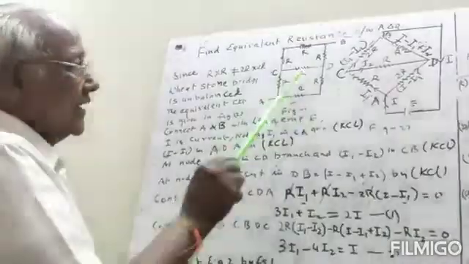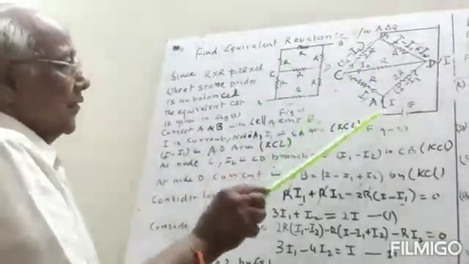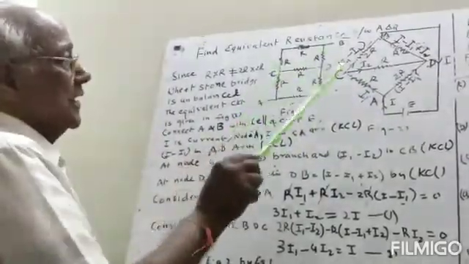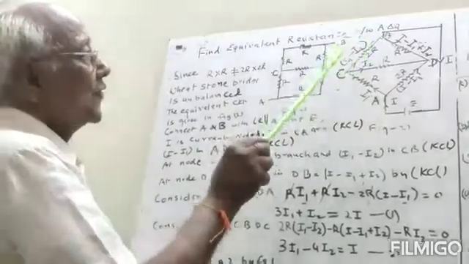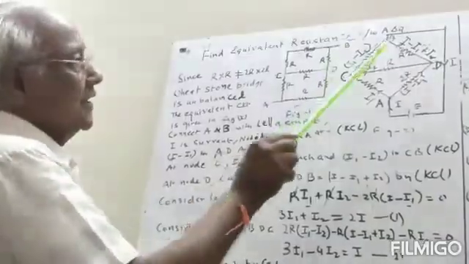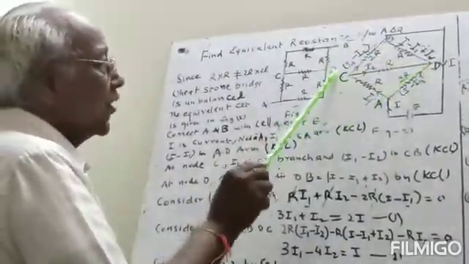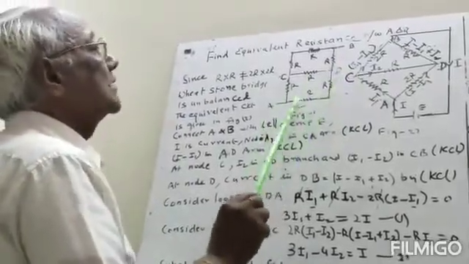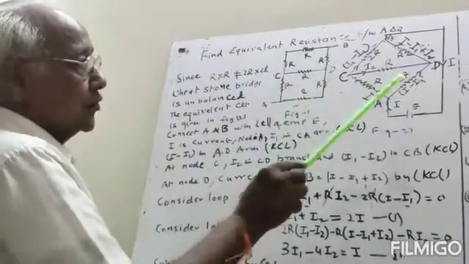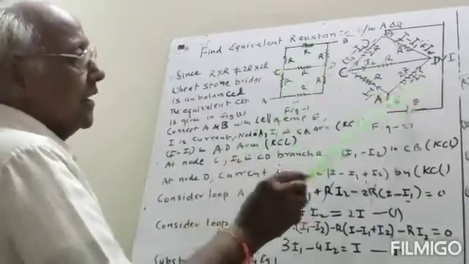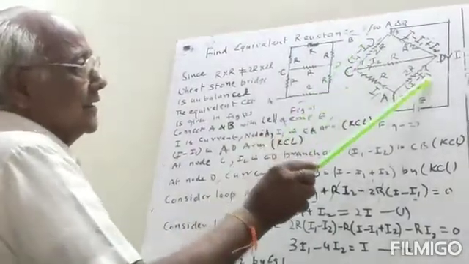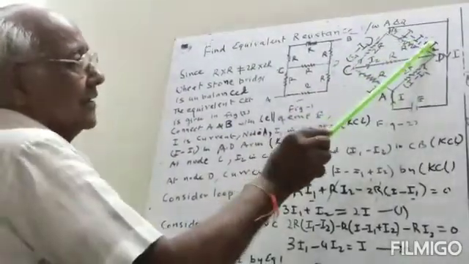So we write the equivalent circuit, and A to C this is R, and C to B it is 2R. From B to D this is R, and from B to A it is again R plus R. They are in series, so it is 2R. So this circuit is equivalent to this. Now here we see that 2R is here, 2R is here, R is here, R is here.